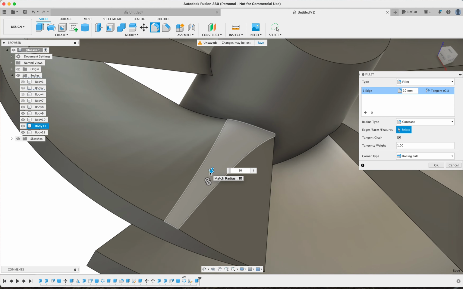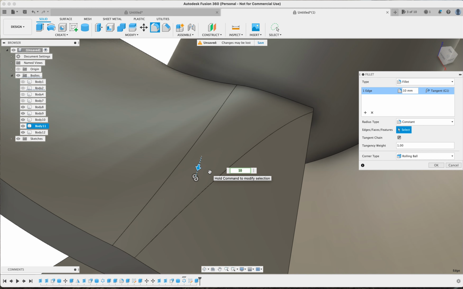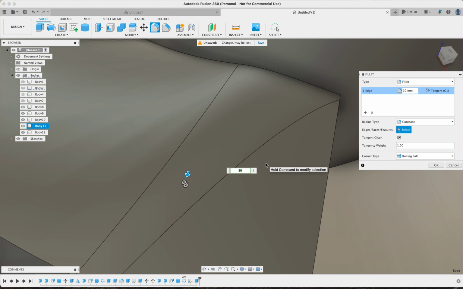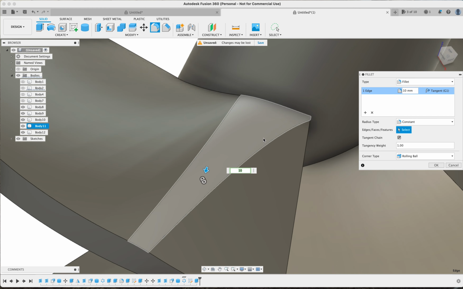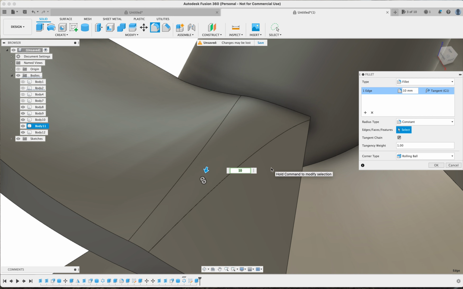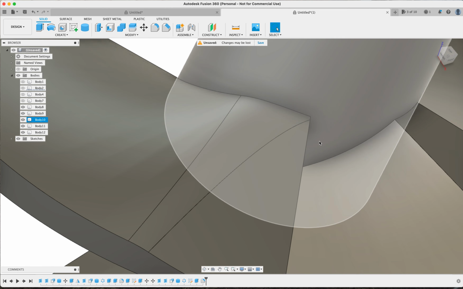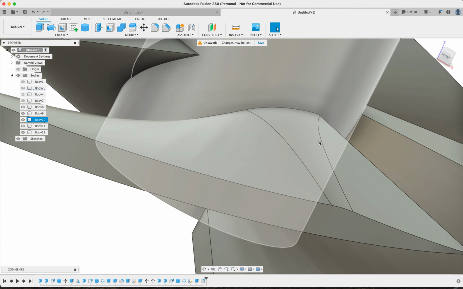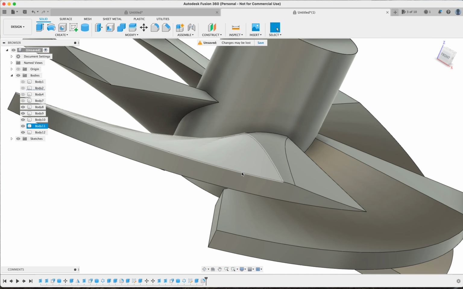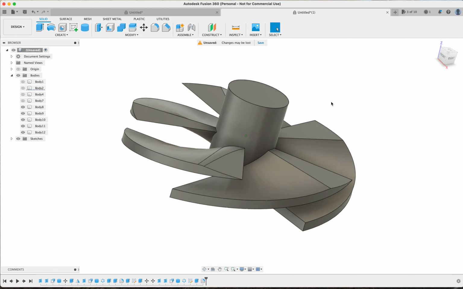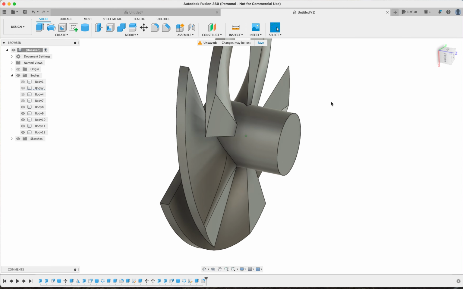So normally if you do a radius or a chamfer or any sort of command and it comes up and says it can't do it, it's usually because the command you're trying to execute is too large for the area that you're trying to execute it on. So we'll just leave that at 10, and you can see that gives a nice curved look there. And that's a pretty standard